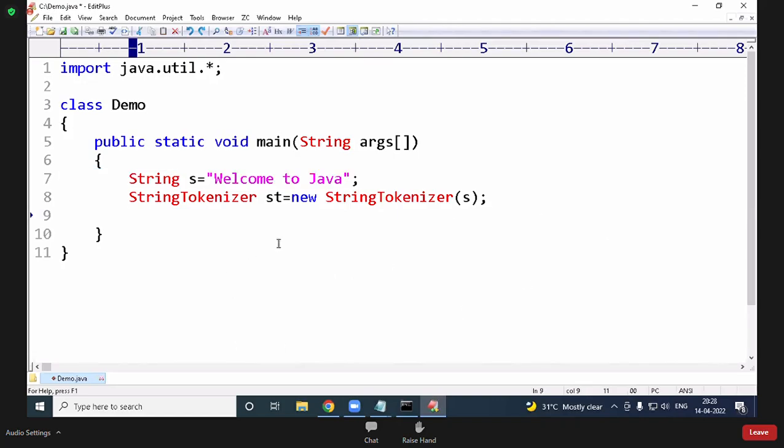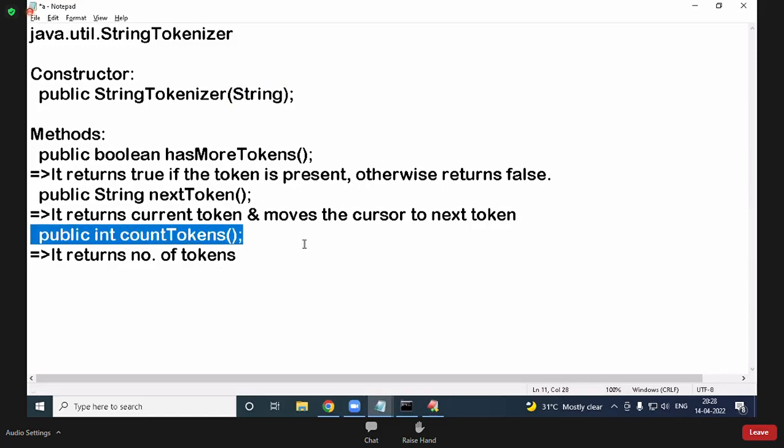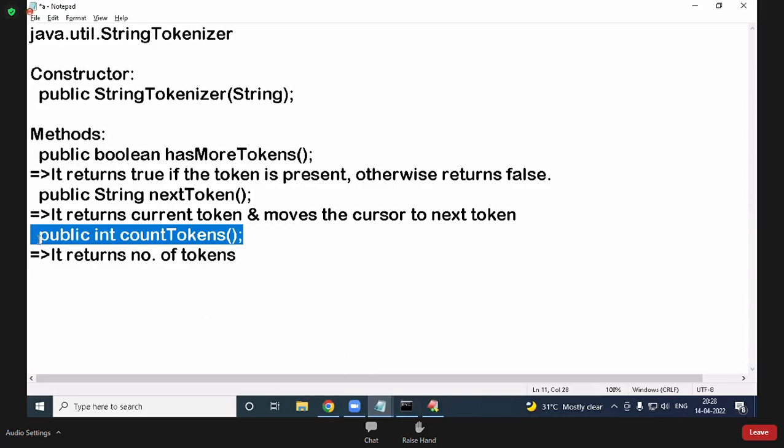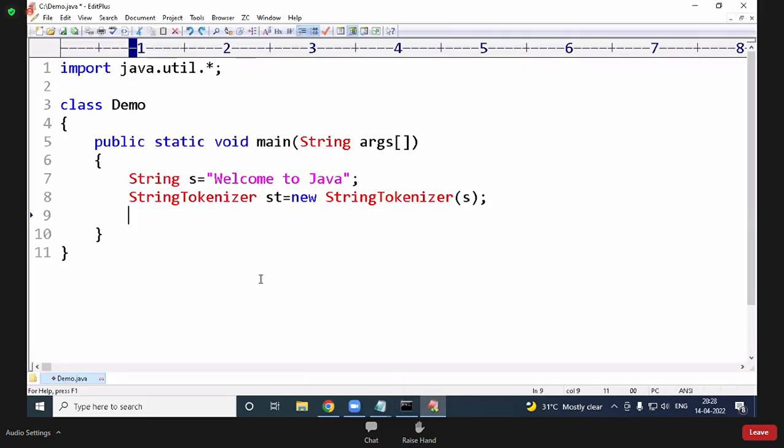Now, I want to count the number of words. Counting the number of words, this is the method. This is an instance method. How many ways are there to access it? Two ways: object and object reference. Which class object is required, String or StringTokenizer? StringTokenizer. Already we created it. I want to call this method. What is the return type? How to call this method? Integer. Some int n equal to